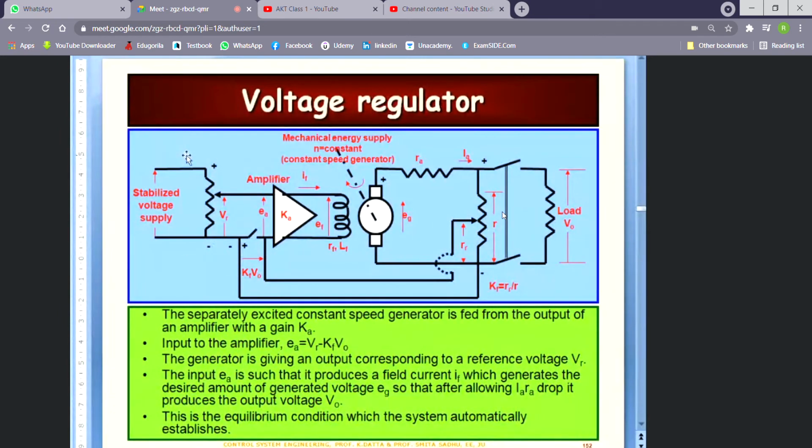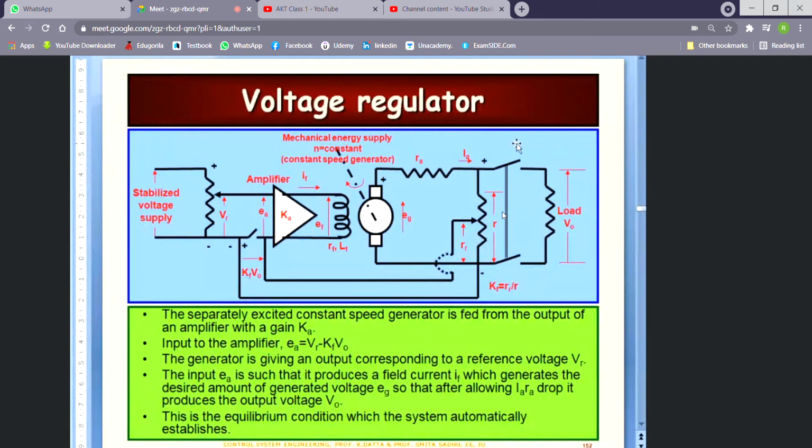By stabilized voltage supply, I mean that by and large, it is supposed to remain constant. Now, if there are variations, then this voltage regulator should be able to take care of that. As far as the operation of the voltage regulator is concerned, its function would be to provide a constant value of voltage at the output, irrespective of changes in the supply, as well as changes due to other, say, for example, component changes or any other changes in the parameters of the system, right?